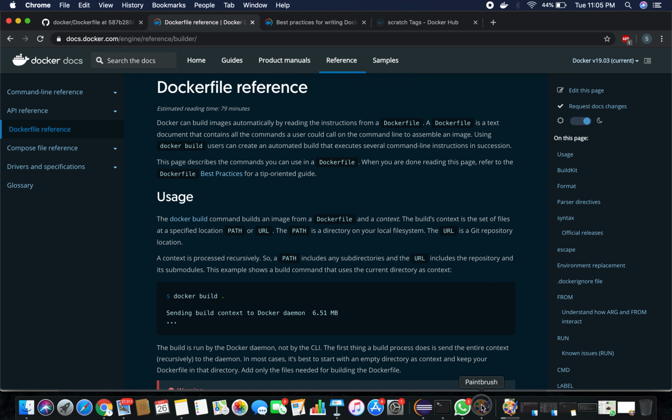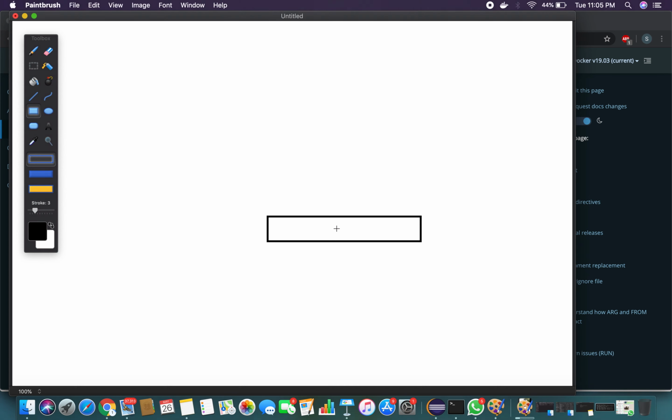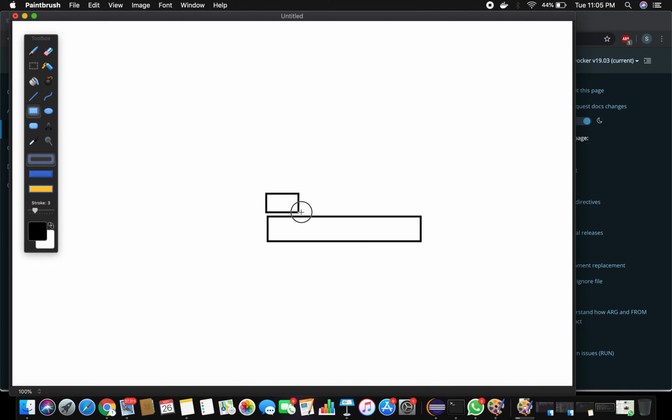Let me explain how this looks. Assume this is your Jenkins image that we have taken from Jenkins. On top of the Jenkins image, if I want to install Maven, I am going to create another layer.